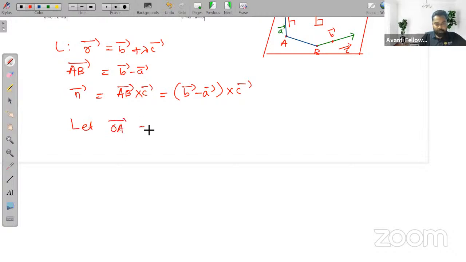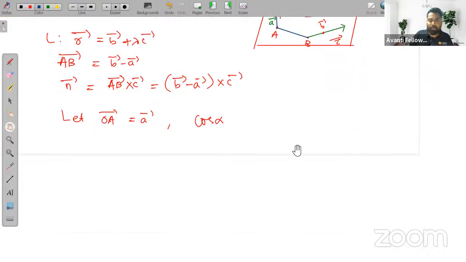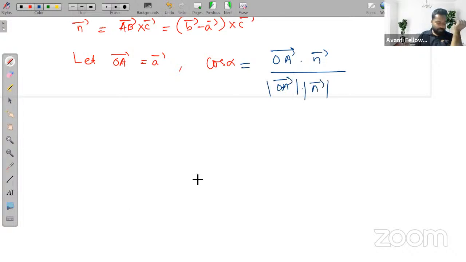Let the OA vector be equal to the A vector. Suppose alpha is the angle between the vector OA and the normal vector. Then cos alpha will be OA dot n vector upon magnitude of OA into magnitude of n vector. Is that clear? Then the perpendicular distance D will be